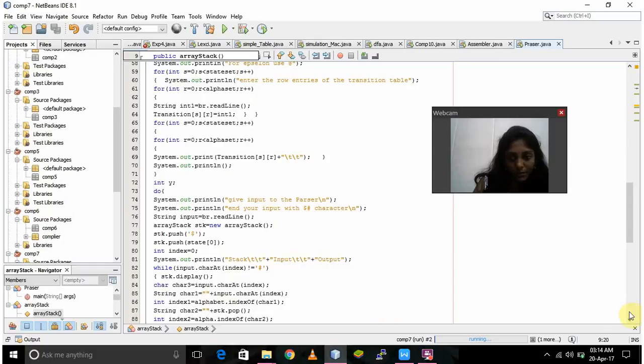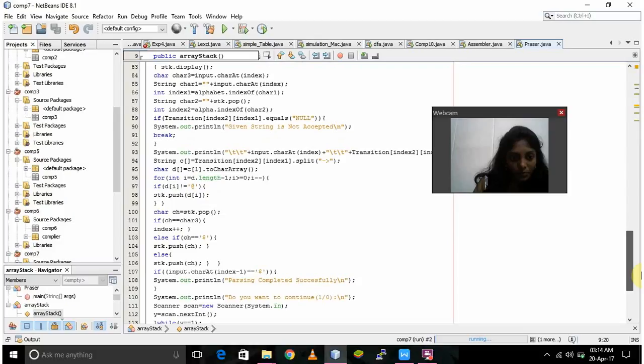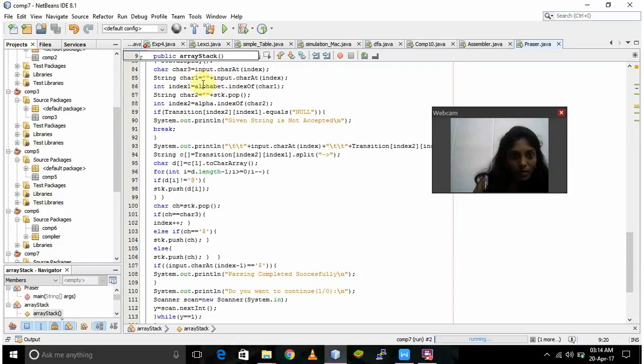1 is character 1 is input and int index 1 alphabetic and the string character 2 is popped and int index 2 alpha just char 2. If else condition transition index 2 and index 1 is null, input given string is not accepted, break, int into char at transition in the 2 and